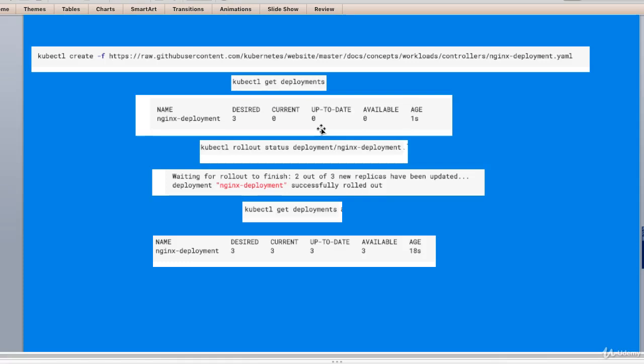Now to see the deployment rollout status, run kubectl rollout status deployment nginx-deployment.